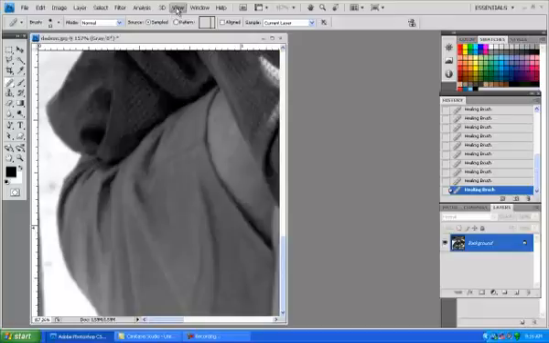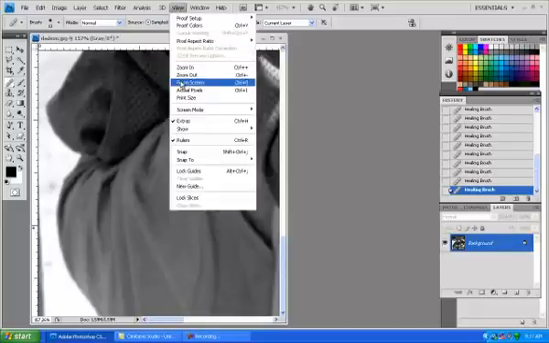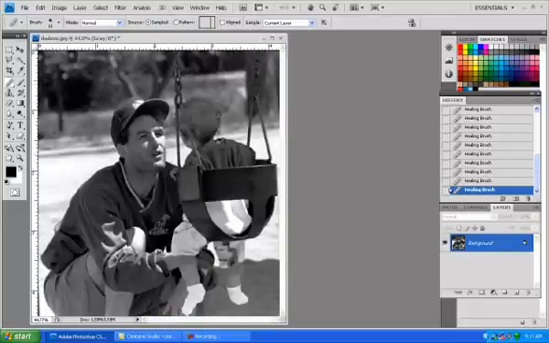Okay, I think we're at the bottom. Hit View, Fit on Screen again. So now we can see the whole image. Okay, the next thing we're going to learn is how to do a little bit of dodging and burning in